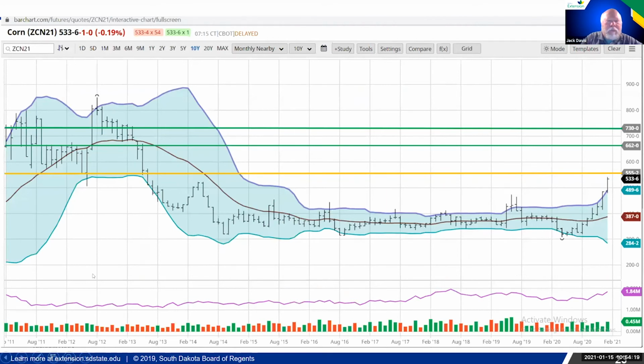Okay, kind of a busy chart, but I wanted to just at least maybe throw out some targets. Not saying that any of these will be hit, or don't use this to make your selling decisions. I would go more on what your crop cost you and your return versus these little targets that I'm throwing. But I just kind of wanted to give a picture of where we've been, and got to move this out of the way here.